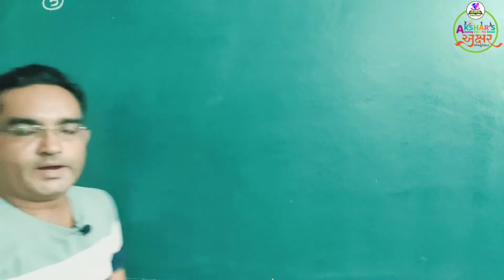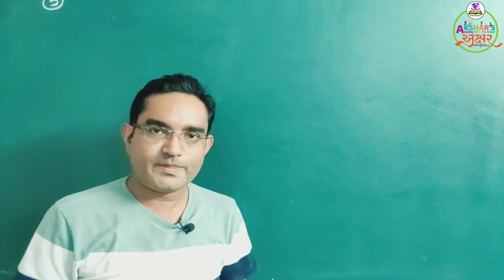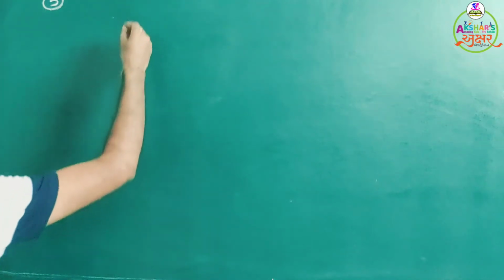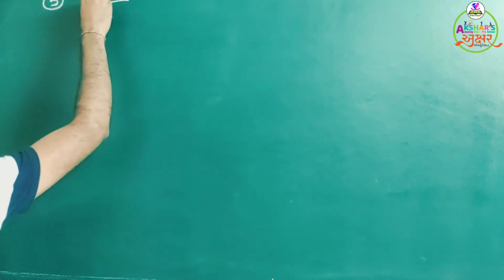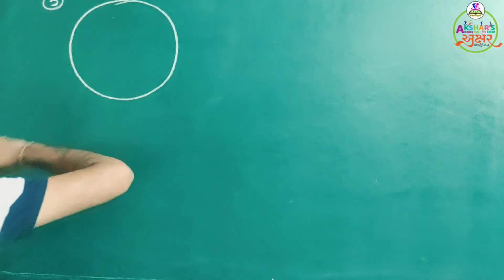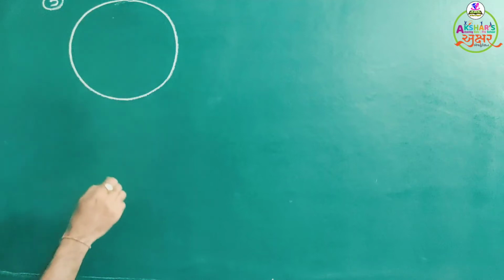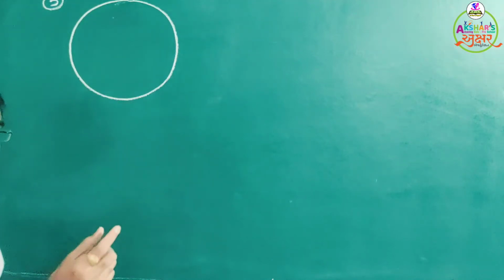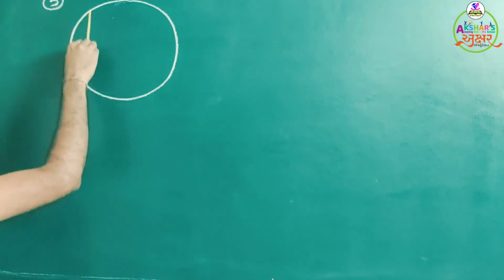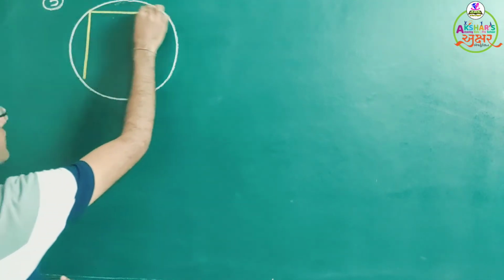Now friends, next question number 5. So here in this question we have to find the area of the square inscribed in a circle of radius 35 centimeter. So students, we are given one circle. In a circle we have to inscribe one square, है ना? Square is inscribed in this circle, that means circle के अंदर square बनाया हुआ है. So this is one square, that square is inscribed in a circle.